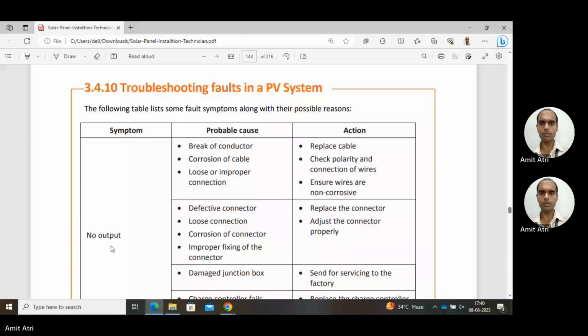So in that case, we need to check the polarity of the connecting wires. Also, we should check the corrosion on the wires, so that it is not due to corrosion. We should make it assured. Okay, next